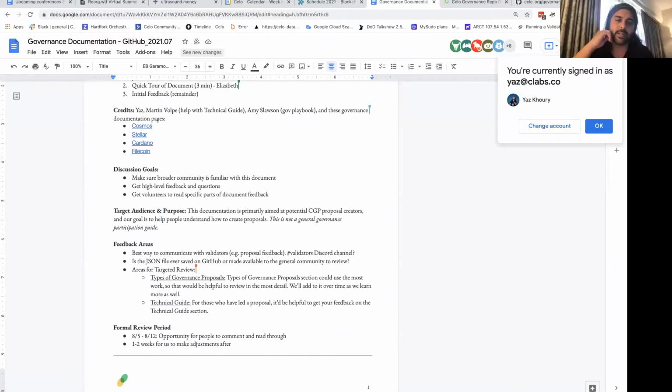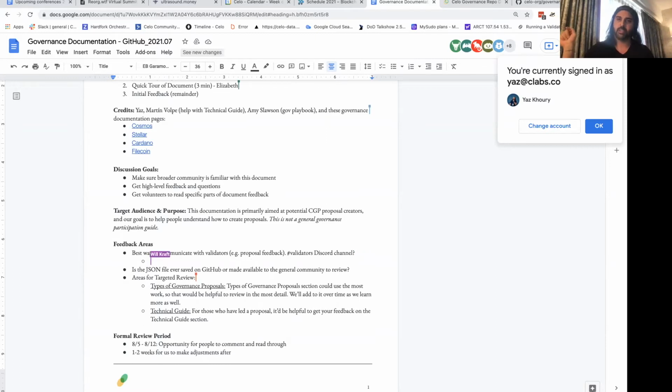I can answer that question. Basically, in the validator channel, there's a tag called @validators. That allows you to ping, I think, the majority of the validators. If any new validator doesn't have that flair, we can add it to them. It's not restricted to that channel specifically, but that tag will allow you to notify them.